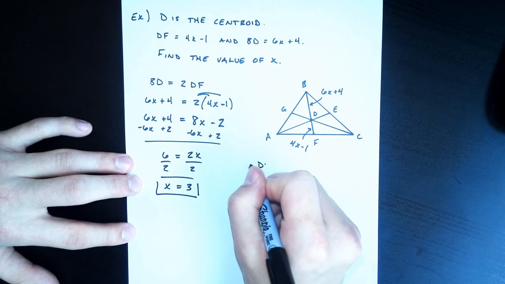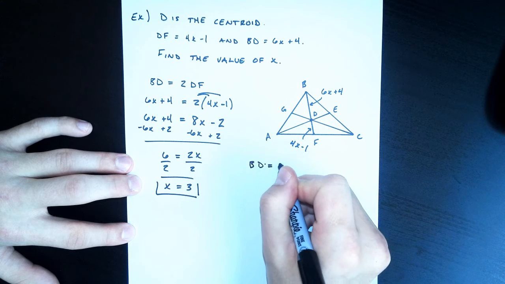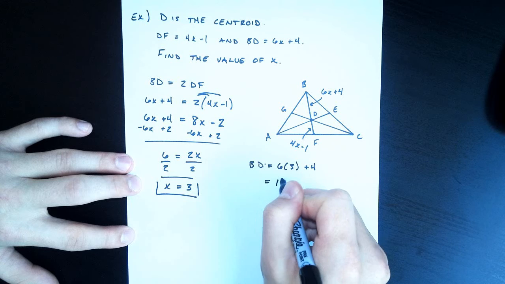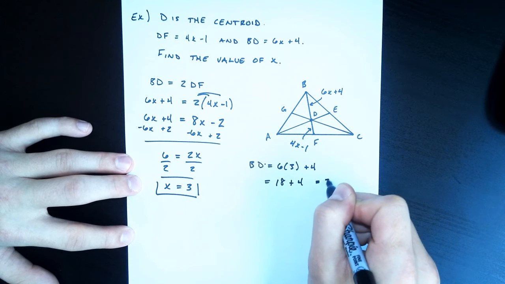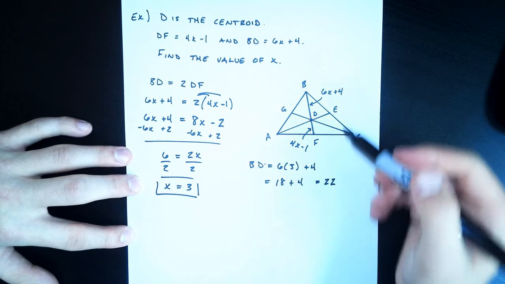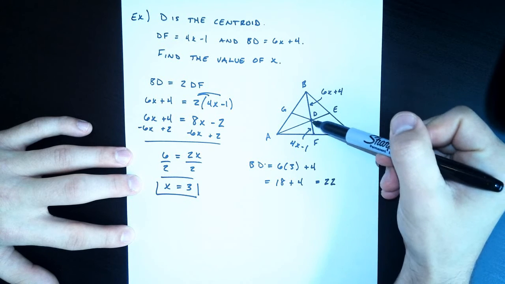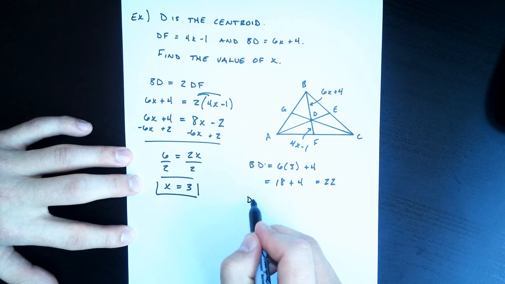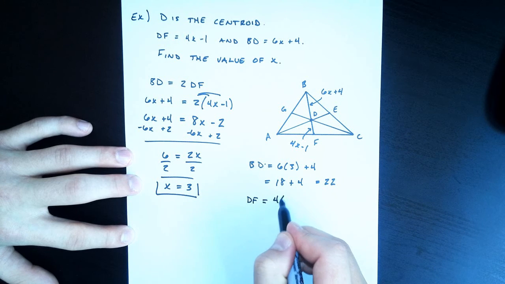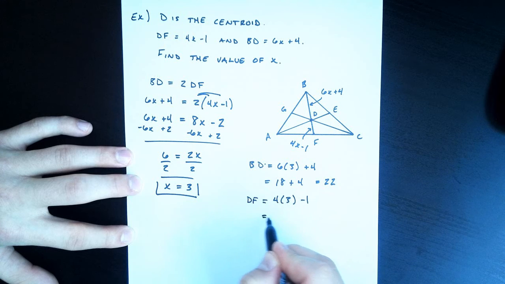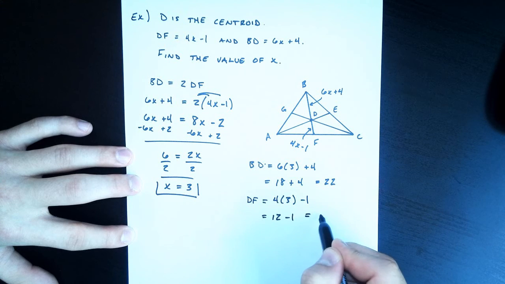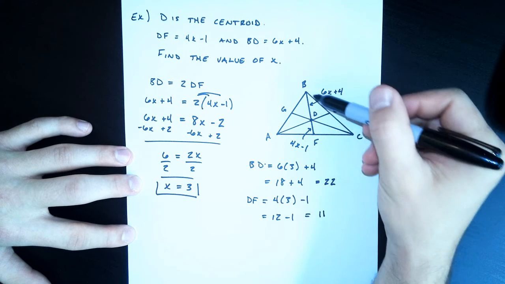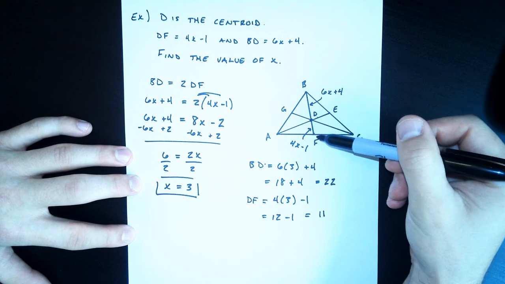So for example, BD, that's going to be equal to 6 times 3 plus 4, which is 18 plus 4, so we get a length of 22. Now because BD has to be twice as long as DF, DF should be 11. So let's test that out. 4 times 3 minus 1, which is 12 minus 1, so that is a length of 11. So that looks good. BD is 22, DF is 11,